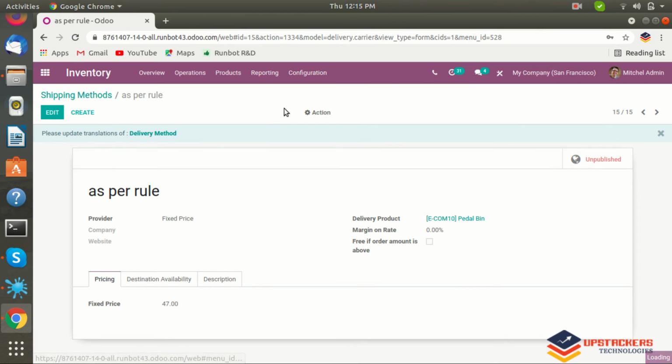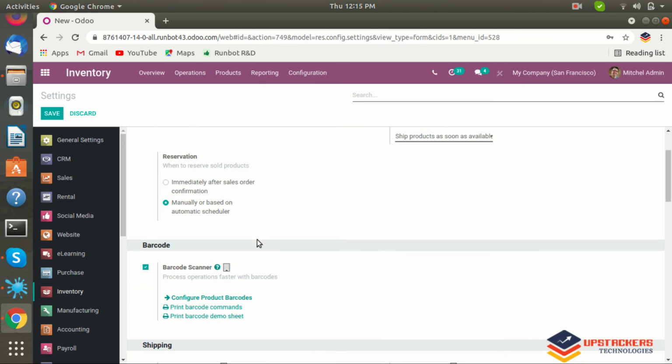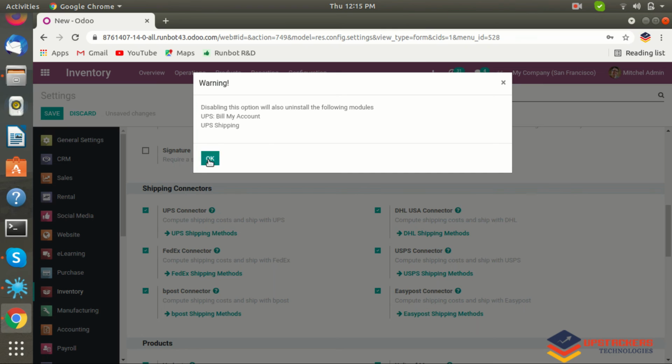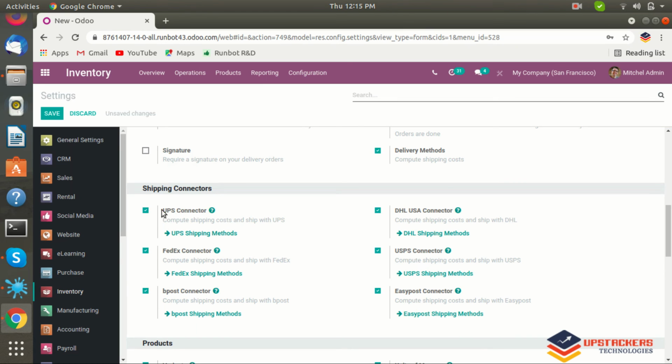Let's go to the configuration setting. And from here you can enable or disable your providers' shipping connectors.